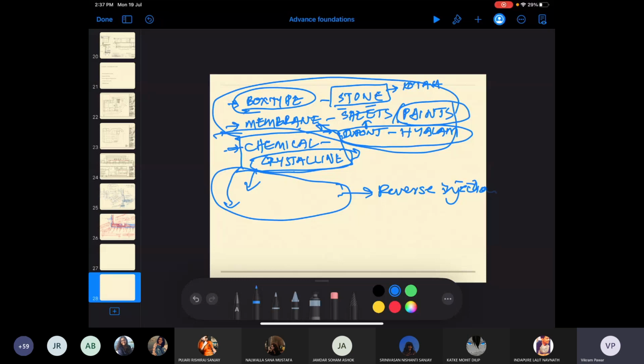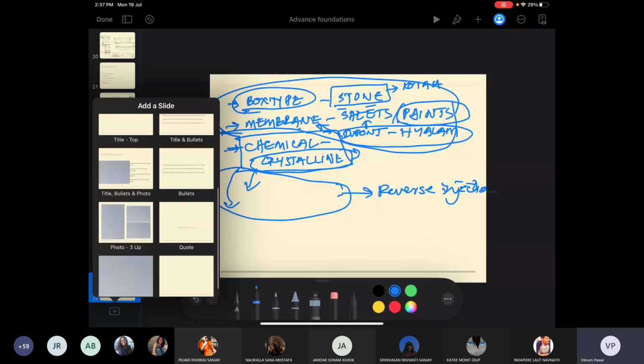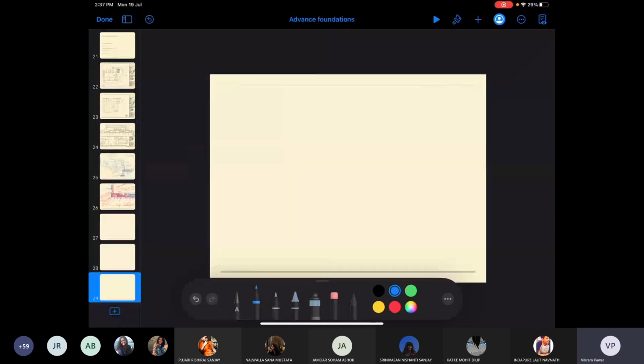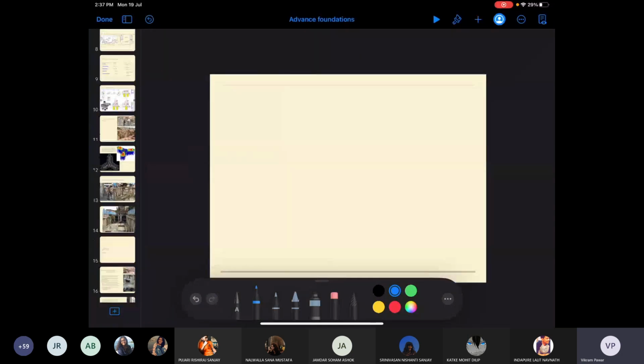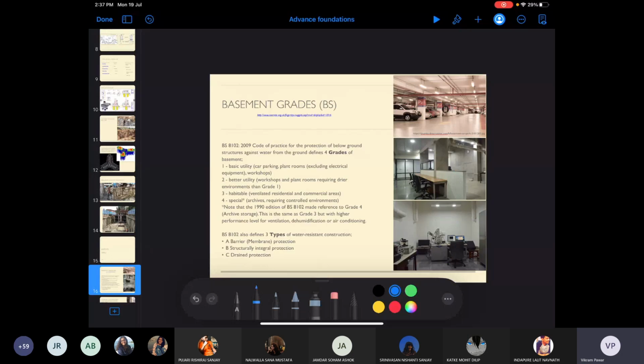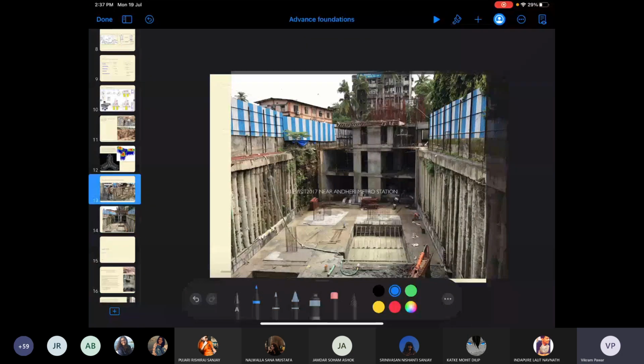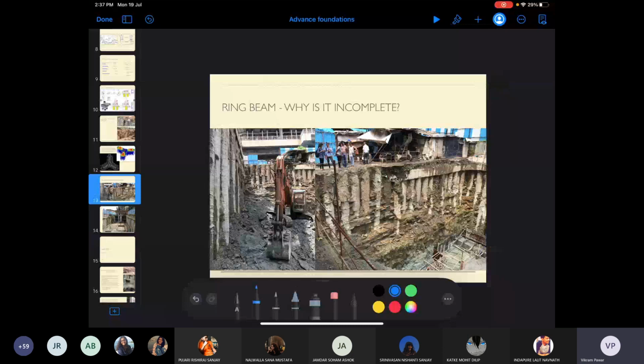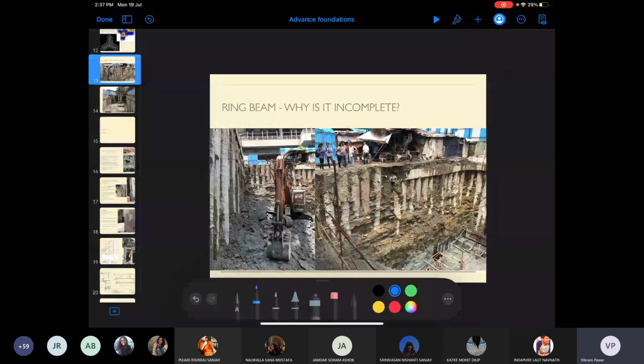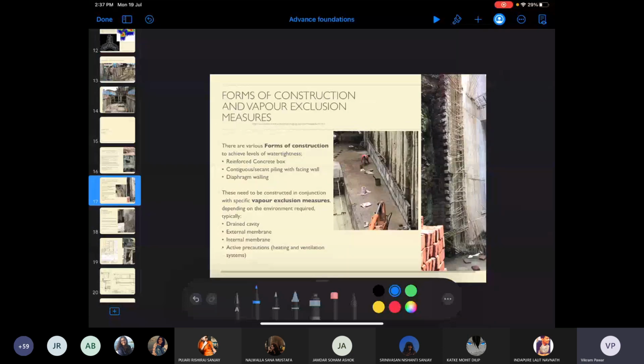Now, what is box type waterproofing? You have seen this image, right? No, not this. This one. Now you see this wall.